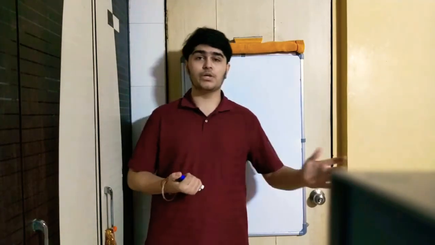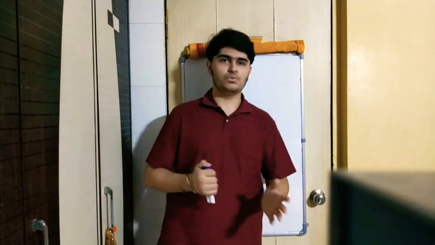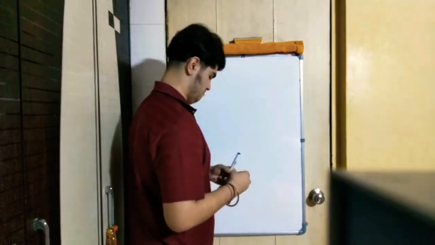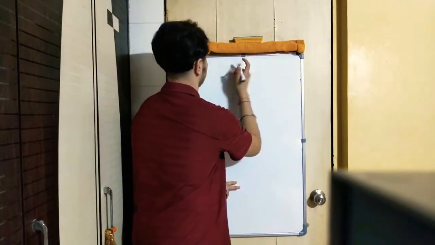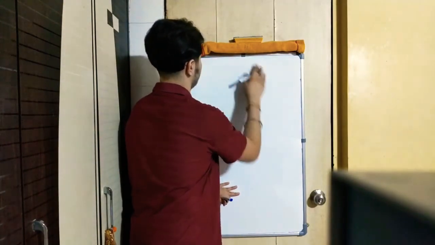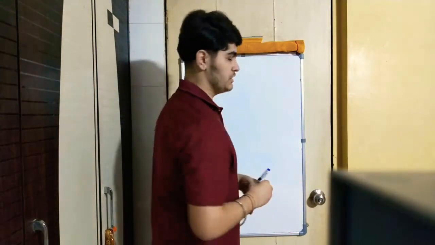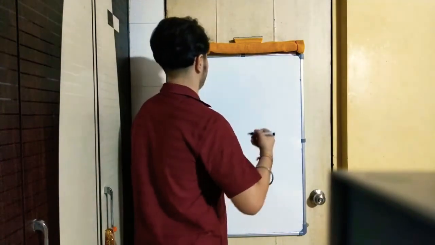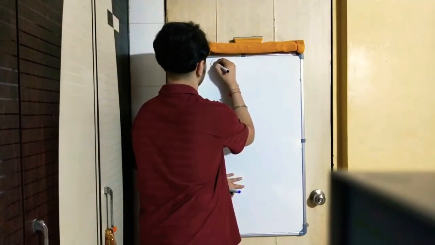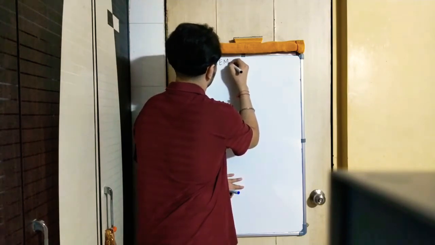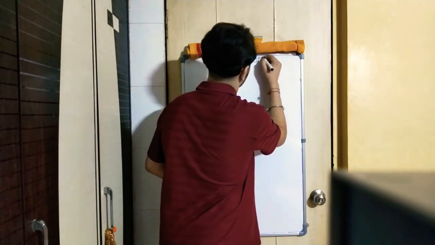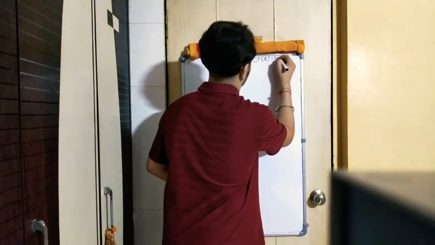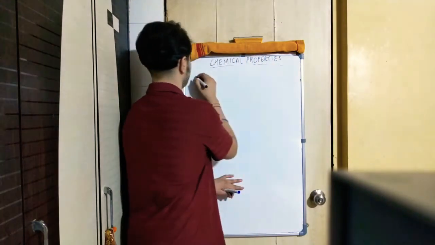Today we are going to continue our topic of HCl, and now we are going to learn some more physical properties. So let's move on. In the last lecture we had completed till the physical properties, but we are going to do some more physical properties and chemical properties. These are chemical properties. The first one is combustion.